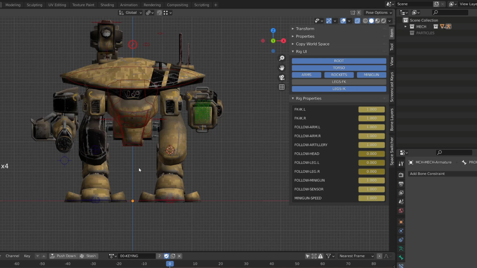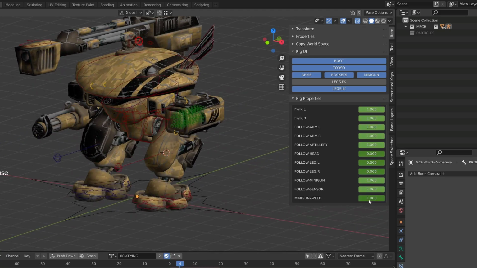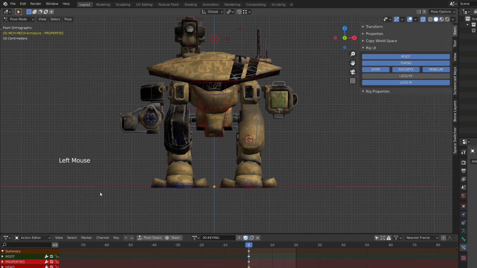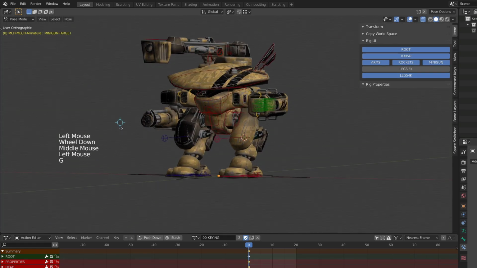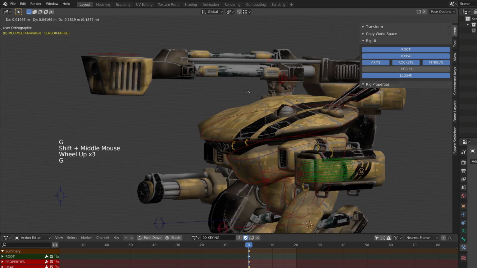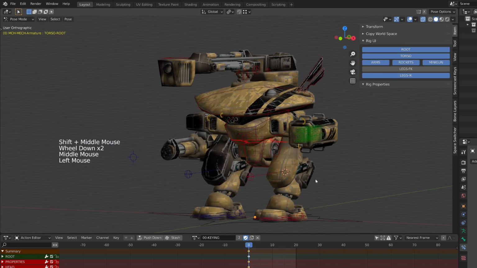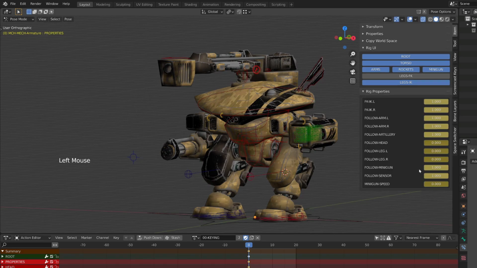The next option, minigun speed, will allow us to set the speed of rotation of the minigun cannon so that we don't need to animate the rotation of the barrels. The minigun follow and the sensor follow allow us to isolate the targets from both those items. The minigun and the sensor will follow their own target, and by default, those targets are parented to the body